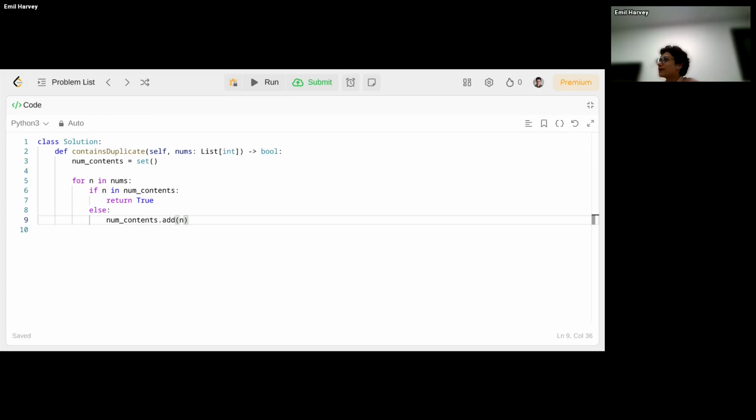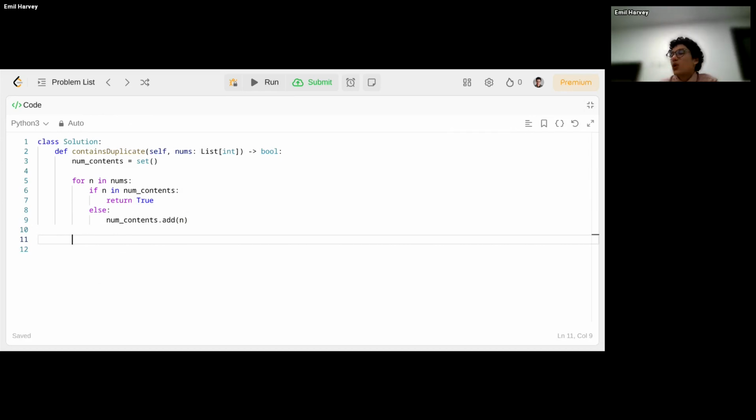We go through each number and then we use our helper set and say, hey, does our number already exist in this box, basically? And if so, we know there's a duplicate. Otherwise, if it's not in this box already, put it in, because then I want to go to the next number and do the same process. So they both kind of support each other.